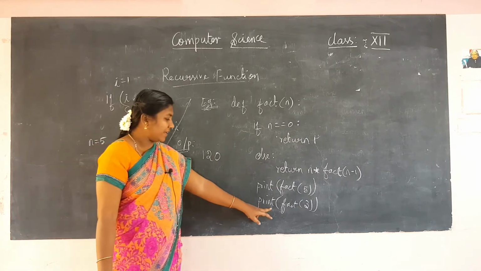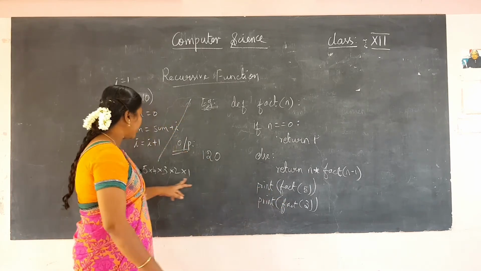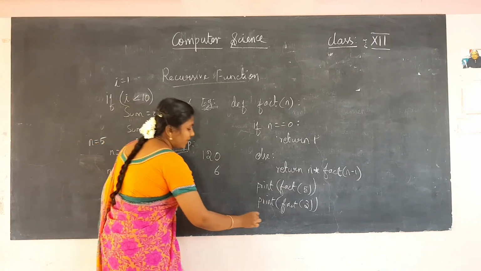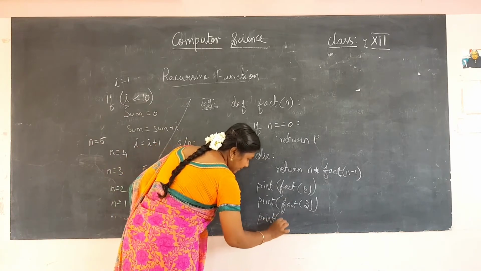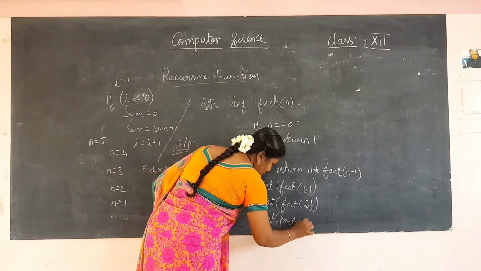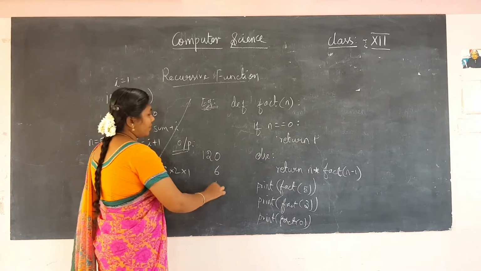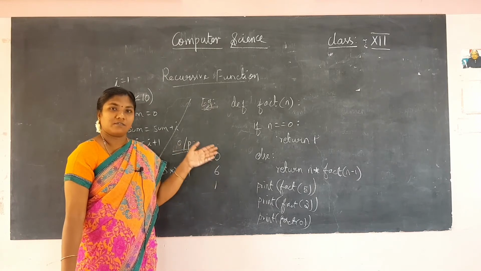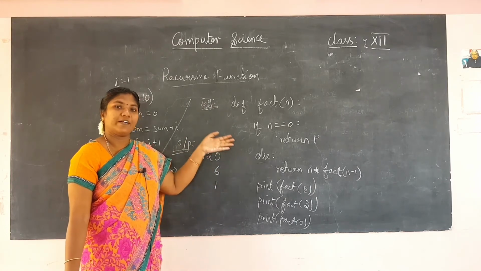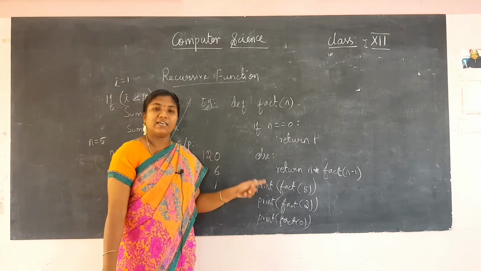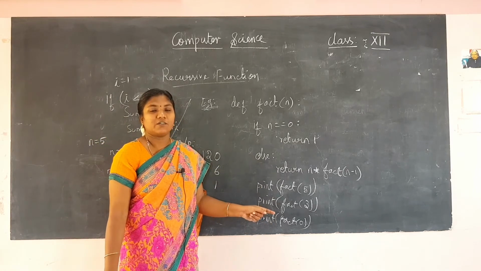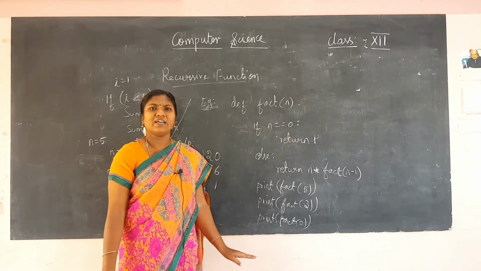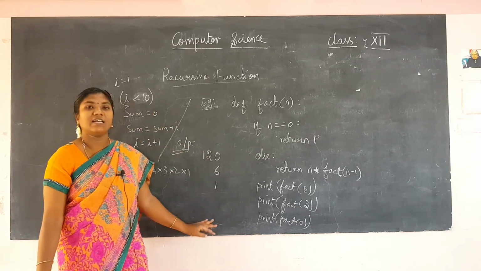Okay, and then I will be having print fact of 3. Up to 3 means I will be having 3 into 2 into 1, that is 6. If I am giving here another statement, print fact of 0, then what will be my output? It will be 1. Okay, so this is the factorial program for finding the factorial of a particular number. We have given that in the recursive function concept. This function calls the same function itself. A function that calls itself is called the recursive function. So it is used for finding the factorial.